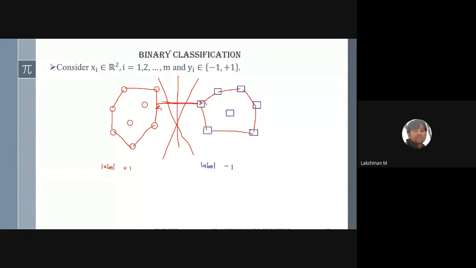And then we find a separating hyperplane, the optimal separating hyperplane. Every optimization problem is just finding a separating hyperplane. Among the several separating hyperplanes, you have to find the optimal one. That would be your desired classifier.